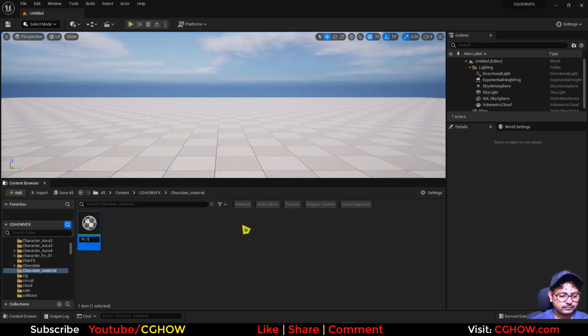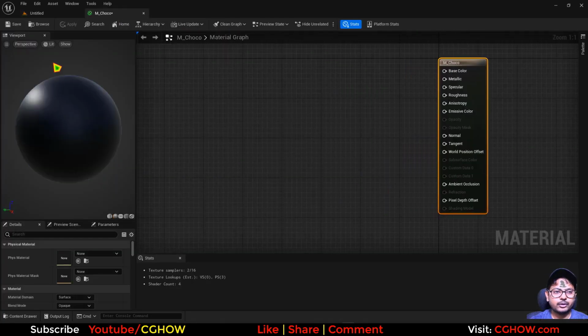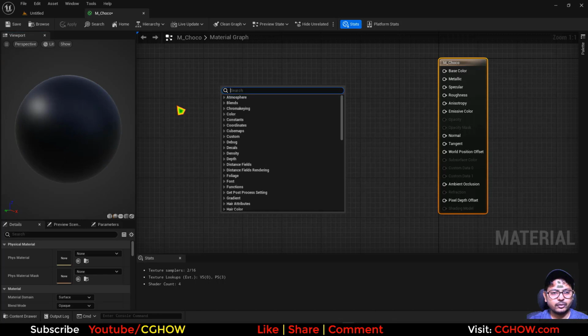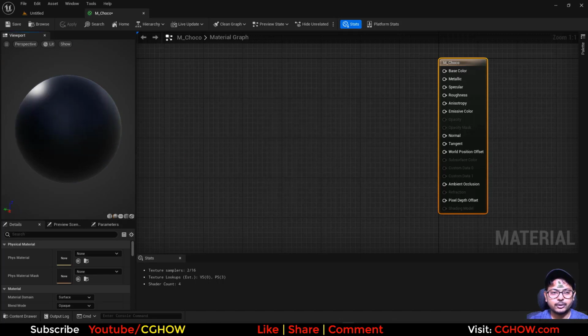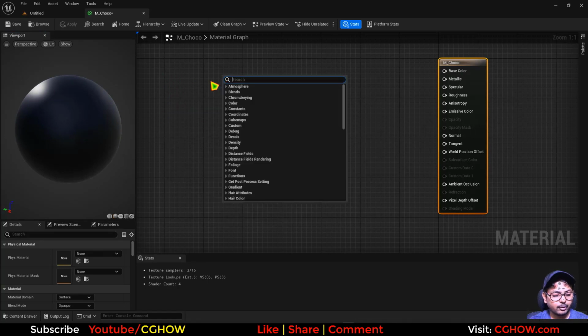M chocolate. Okay, M chocolate. So like you have this sphere here and you want a transition from top to bottom or side left, right, or maybe front to back. So if your UVs are proper, you can do that, or you can use the world position, local position, or there's one more thing that is